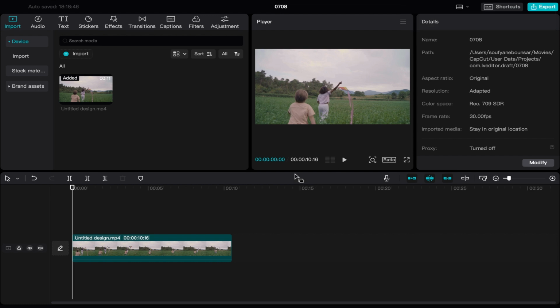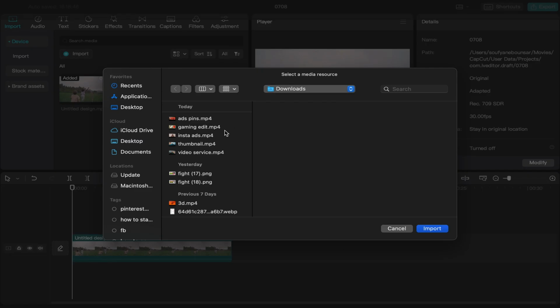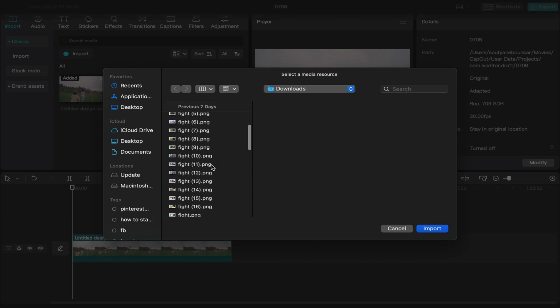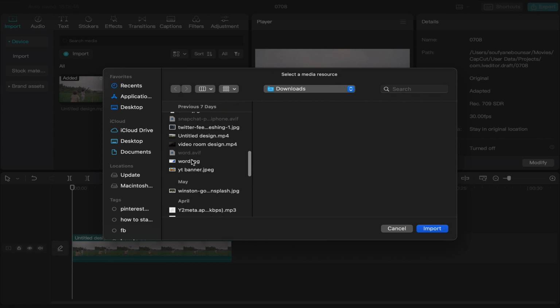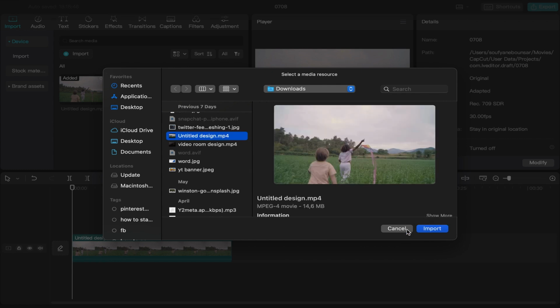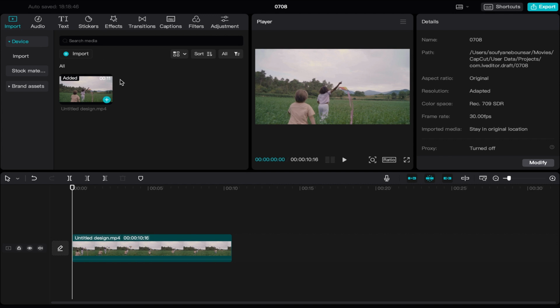Okay, so this will be your home page. Say you want to convert this one, for example. Okay, this one here. I will click on import and your video will be over here in your CapCut account. All you have to do is click next on export,